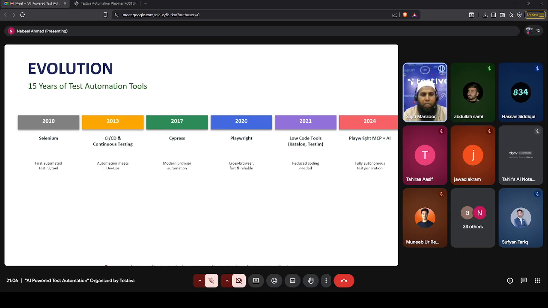So in 2013, continuous testing came up, with tools like Jenkins. We integrate our Selenium tests with Jenkins, and those tests were running on a schedule, or whenever there was new code in the repo, those tests were triggered automatically, and they shared the test report, and everything was done automatically. That was a big improvement in test automation, where you have continuous testing without doing anything, and it was working for you.